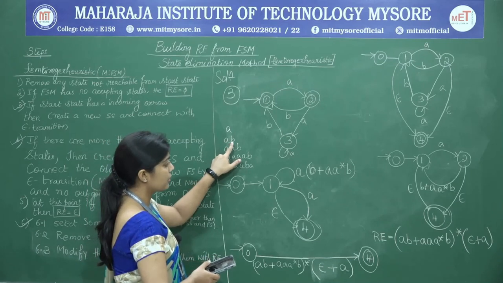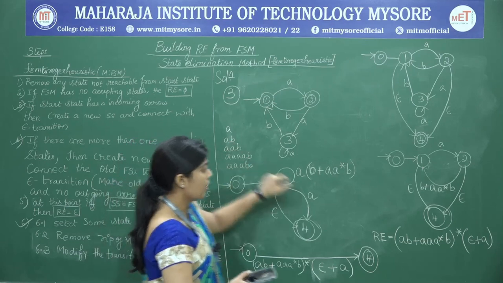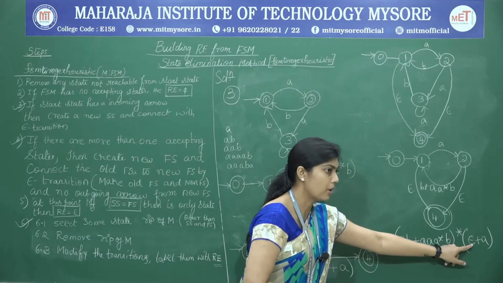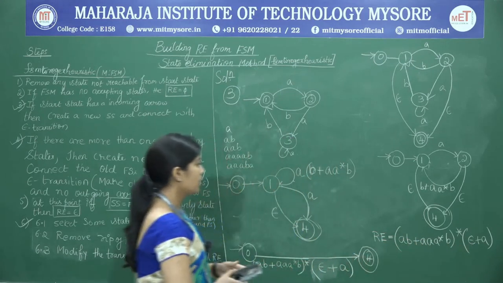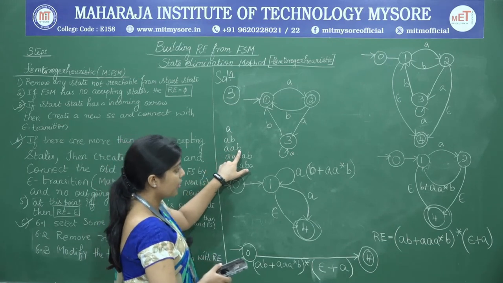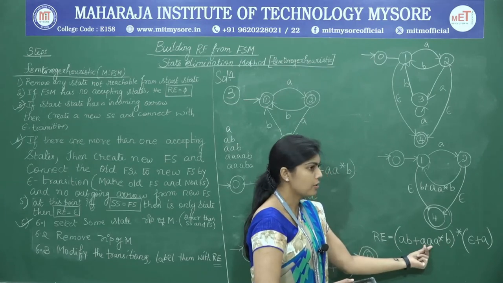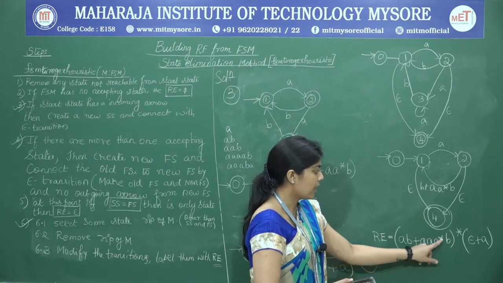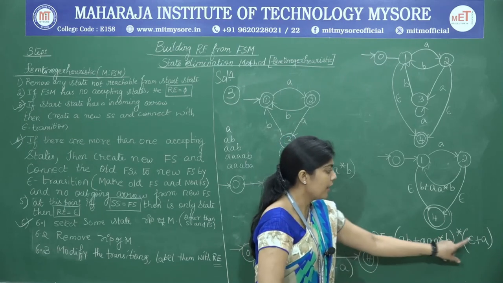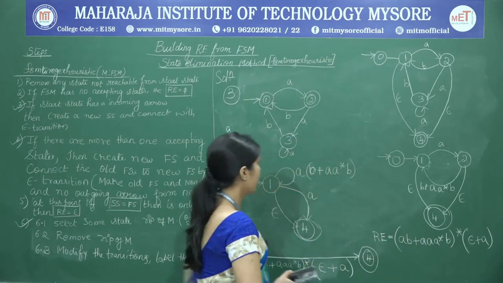Then I have AB, which has to be accepted. If AB has to be accepted, I am going to choose AB from here and choose epsilon from here. Therefore, AB is accepted. Next we have AAB. In case I choose this expression, AA is chosen from here, A star can be 0 followed by a B. So AAB will be chosen, and from here I am going to choose epsilon. So the entire string that you are going to form is AAB.